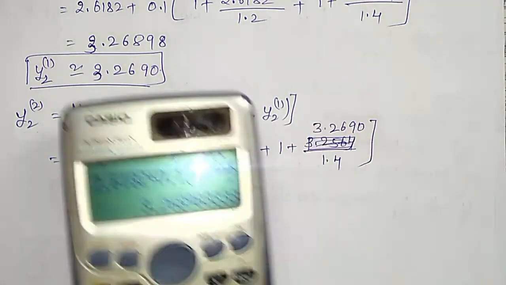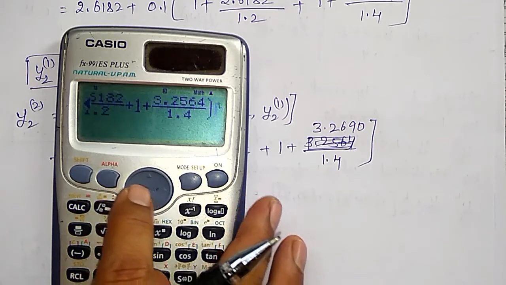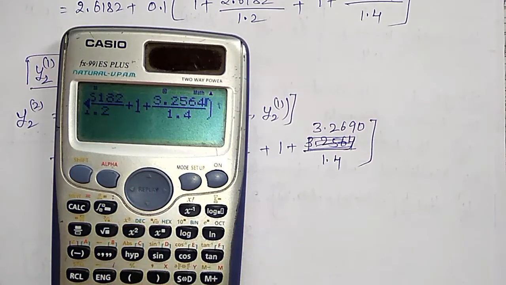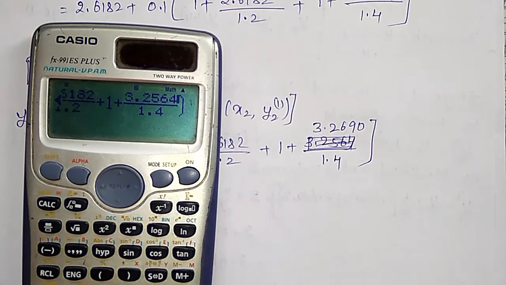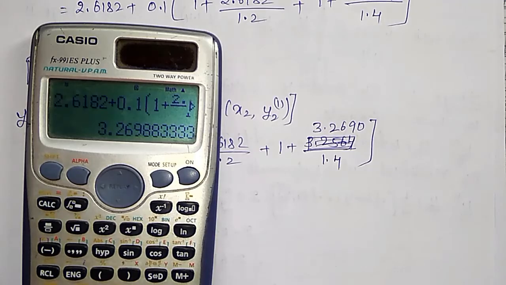Okay, in the calculator, the formula is operated and you have it. Only this value I have to change, that is 3.2690. Okay, last value only I have to change, and its answer comes out to be